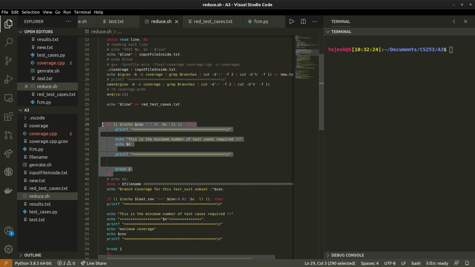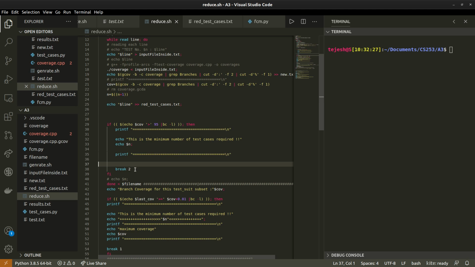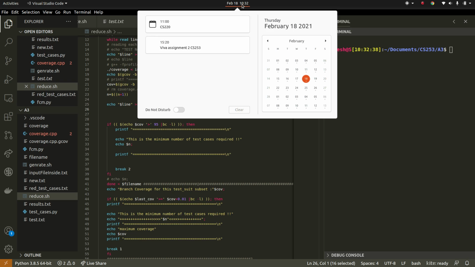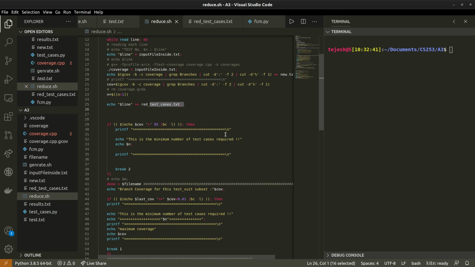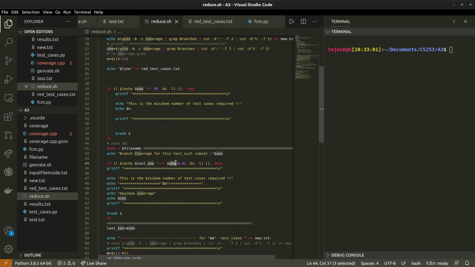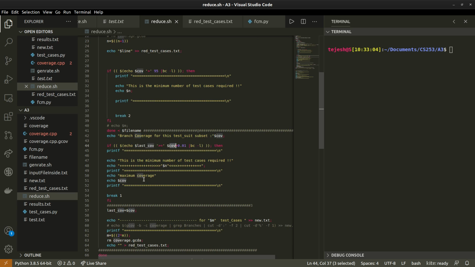So this is just an initial guess. This exits when the coverage is greater than 95, and prints the reduced number of test cases which we achieve here. I have chosen 95 because there may be cases when we are increasing the number of test cases, but the branch coverage is not increasing anymore. To tackle that case, I have chosen a value less than 100. If the branch coverage is stagnant, then I will exit easily here